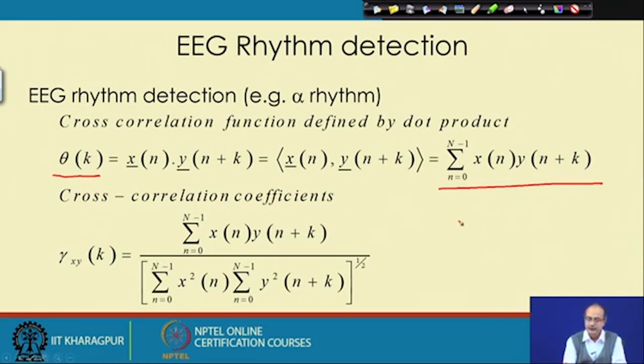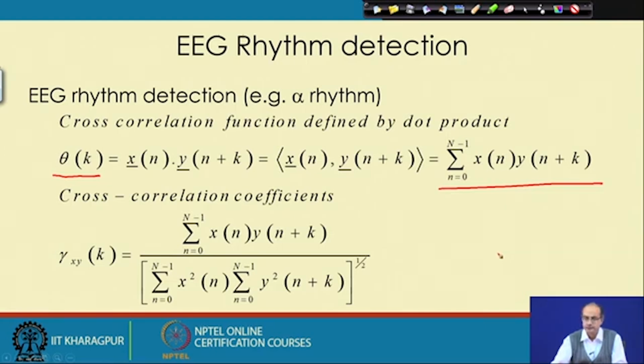We will get a match. That means if the two signals have a good match, the sum of products given by the cross correlation function will have a high magnitude. That will signify that these two signals x and y at this particular lag have a good